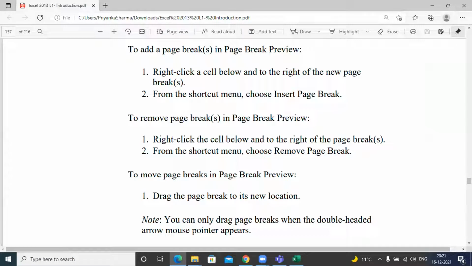From this menu, choose Insert Page Break. Let me know once you have found this option and done it. Waiting for all to say done.